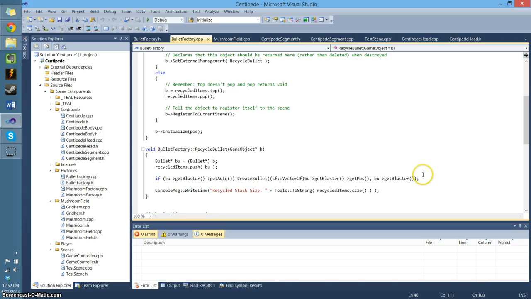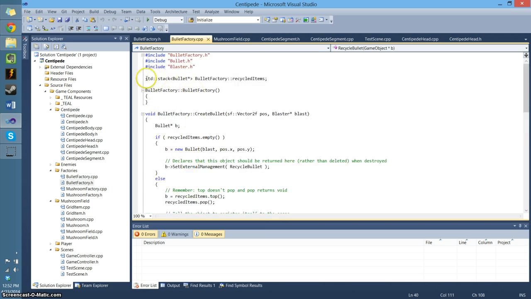If it's anywhere else, the stack of bullets will end up at 2 at some point if you're shooting a mushroom that's directly in front of you, because I was calling create bullet in the destroy method of the bullet,